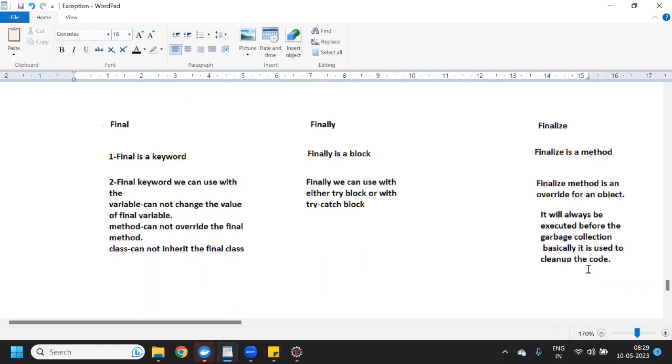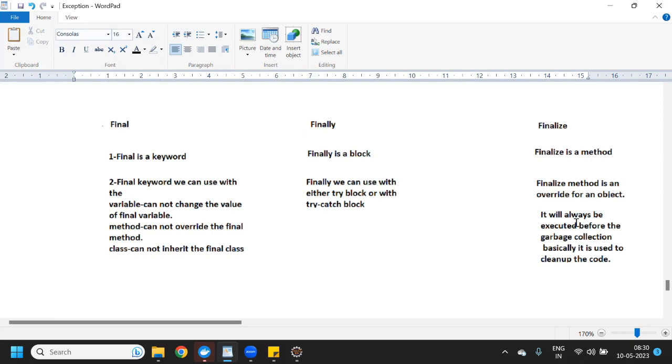In the same way, in finally we have used the finally block to clean up the code. In the same way, the finalize method will always be executed before the garbage collection, and basically it is used to clean up the code. So what is the meaning of this line? Before moving into the garbage collection, if any file or any DB connection or any resource is still open, then this finalize method will close it first and then it will move into the garbage collection.